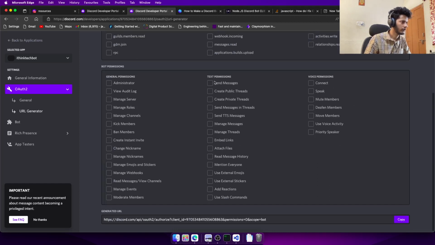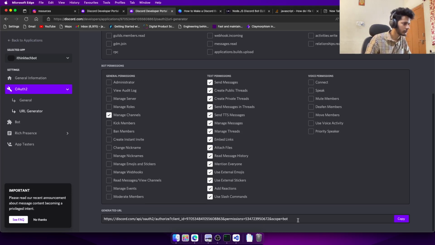Here it is. Oh, these permissions, create messages. Come on, let's add all of them. And then there was manage channels. Yeah, let's copy this,